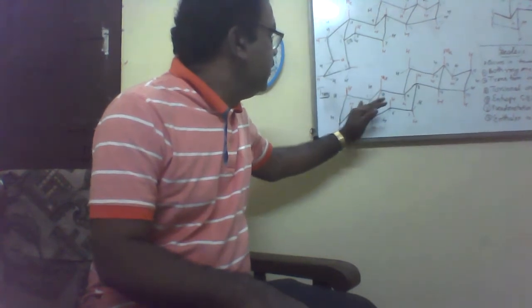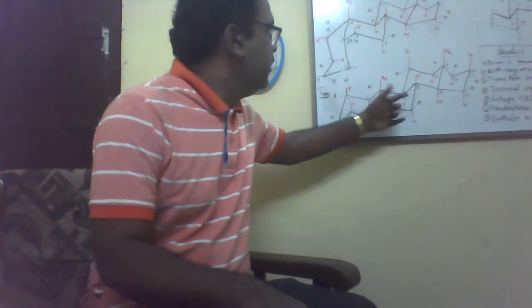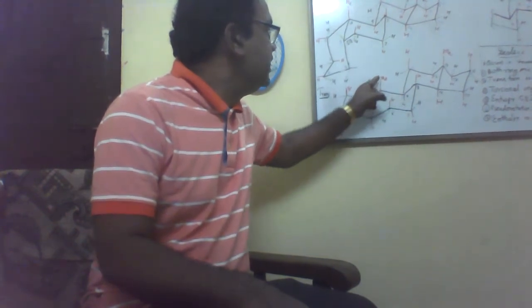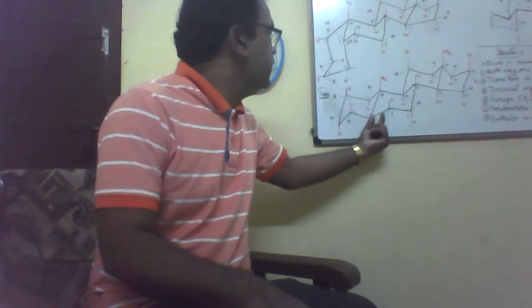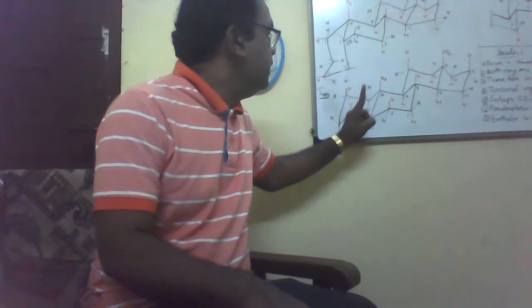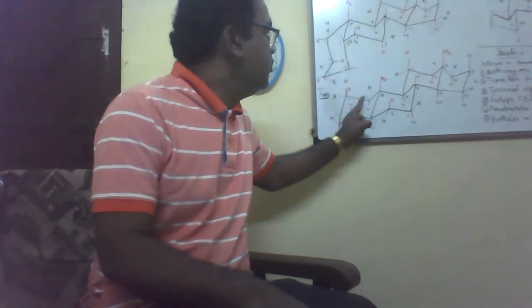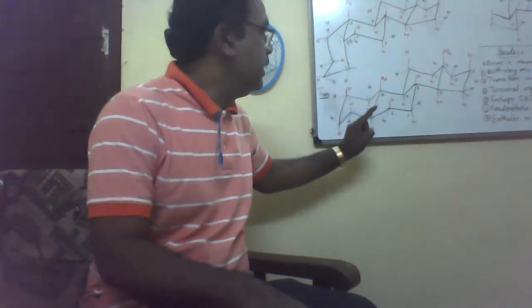Now the attachment of one ring with another ring. This ring is joined with this ring. This is an equatorial bond because this is the axial bond. Automatically it will be an equatorial bond. This is axial hydrogen. This bond is equatorial, and this bond is equatorial. Since A and B rings are fused with each other by equatorial bond fusion, this part is done.